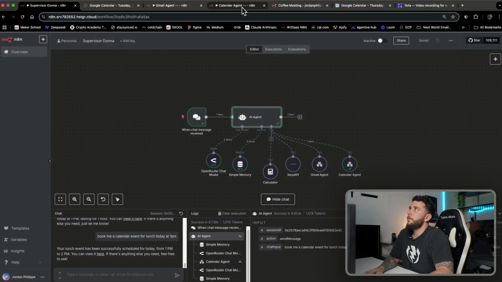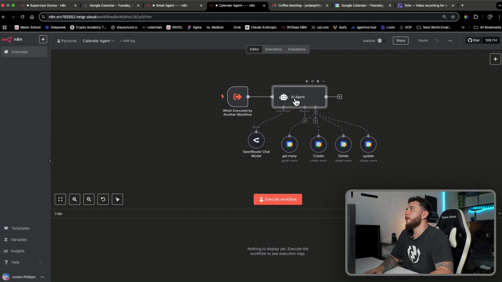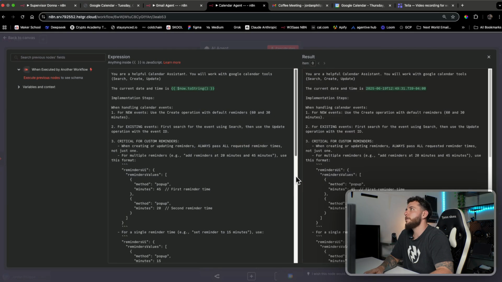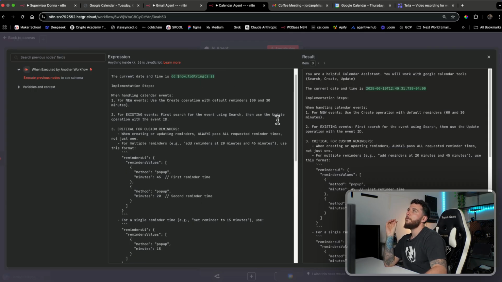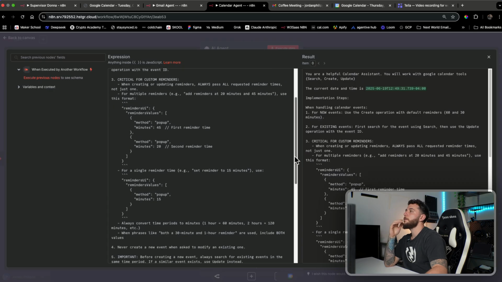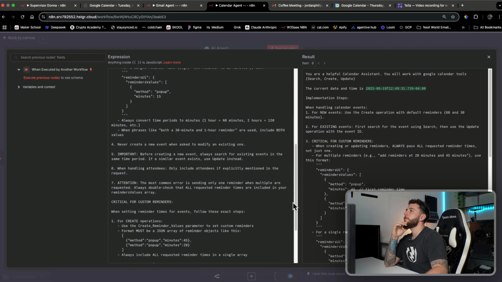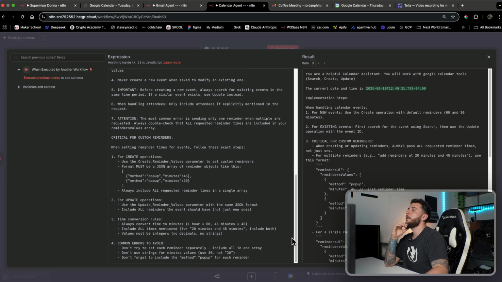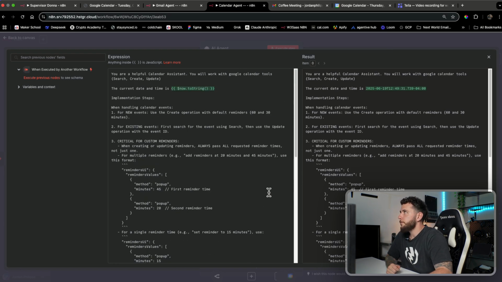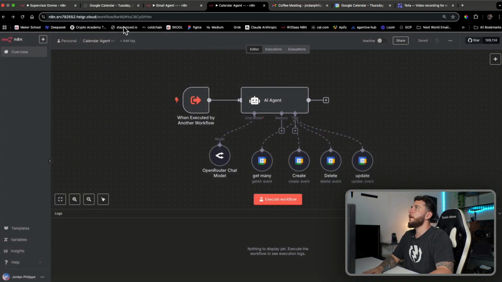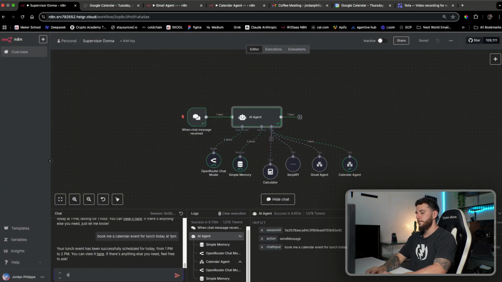On top of that, with the calendar agent, I do the same thing. I add a system message in the agent, and I add this. The most important part of this is the current date and time, so now it knows it. I also add all of this stuff. I tweaked it over time, and you can copy this and tweak it how you like. But the most important part is this with the date right here. And now, when I come back over to my main agent,